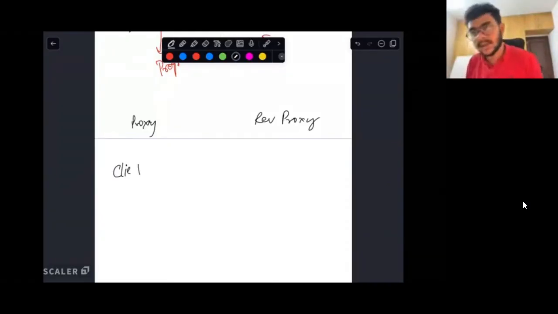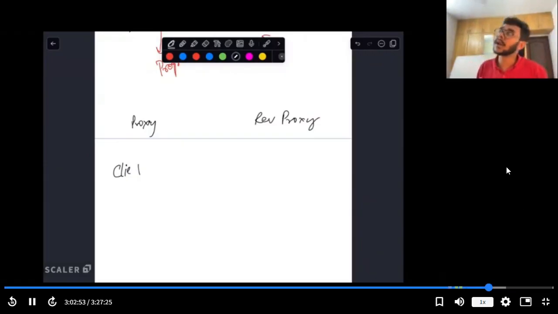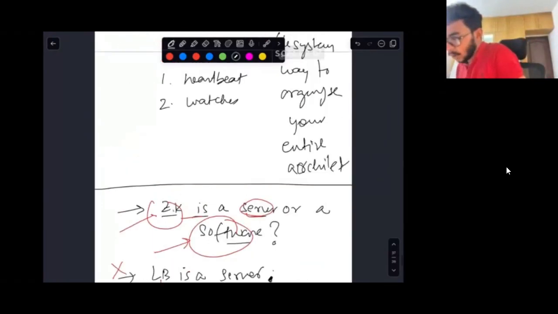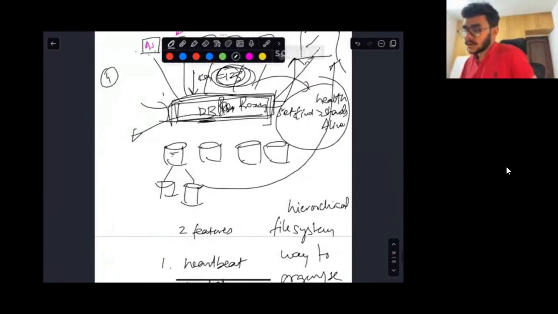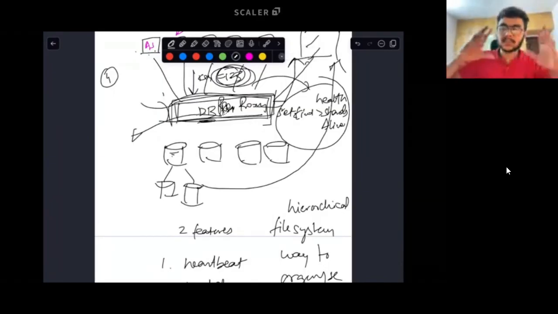Yes, that is correct. In a proxy, you are trying to hide from the server where the client is coming from. And in the reverse proxy, you're trying to hide from the client which server your request is coming from. So that is the difference between these two things. So DB proxy is responsible for mapping the key to a specific shard in your consistent hashing circle. But what are the shards that are actually healthy? That will be taken care of by Zookeeper.